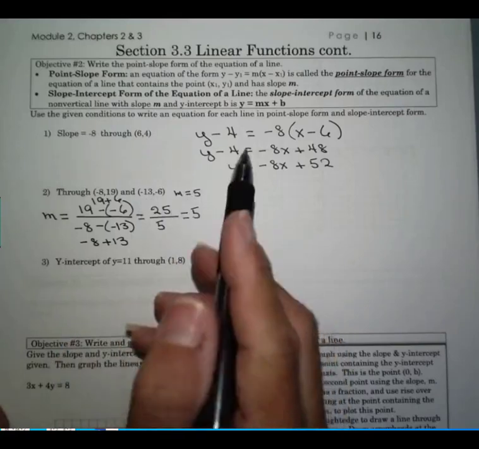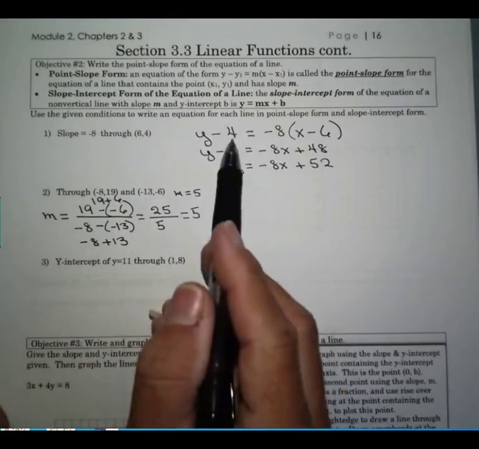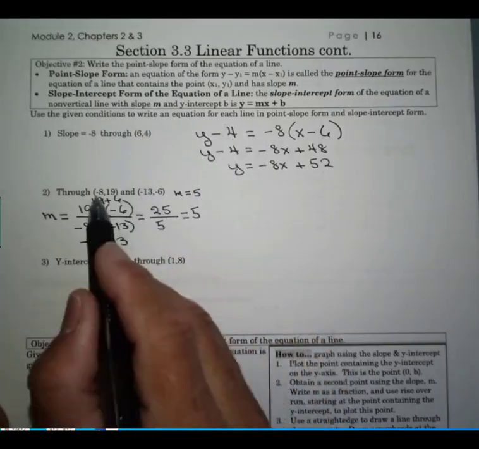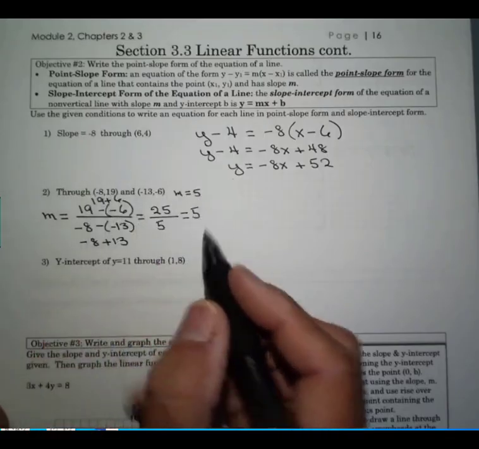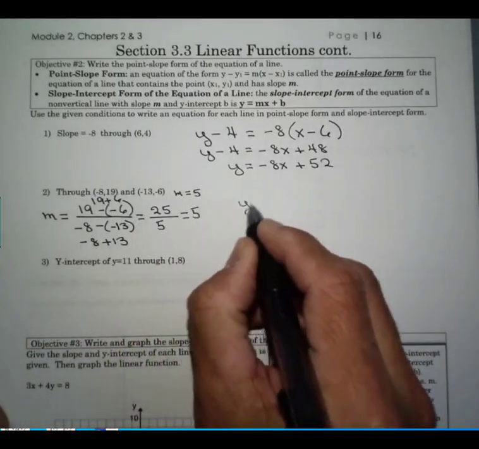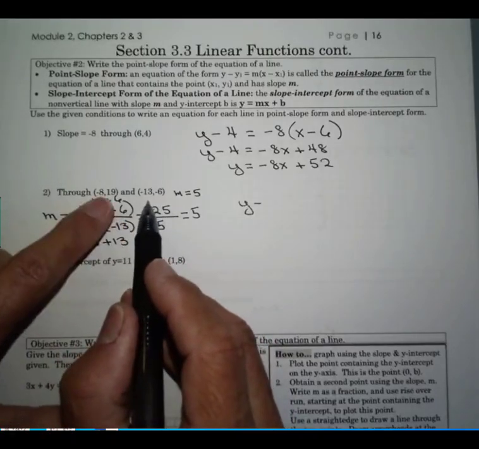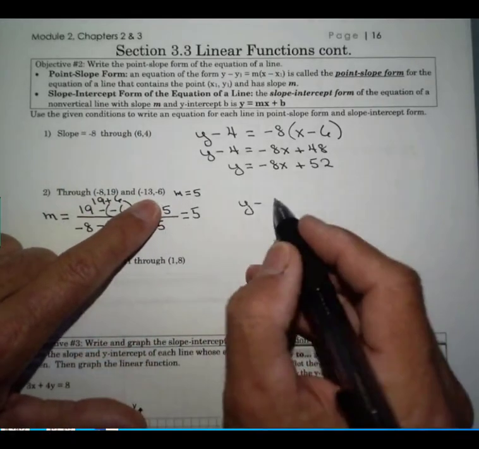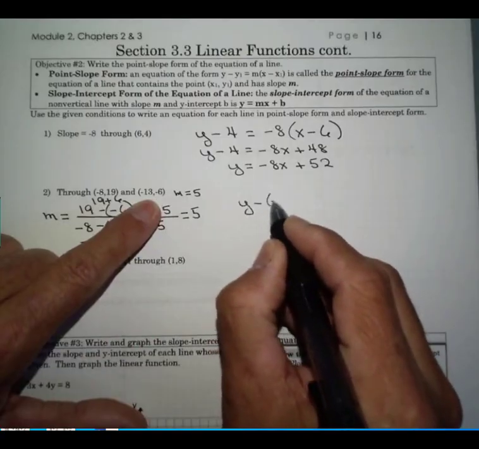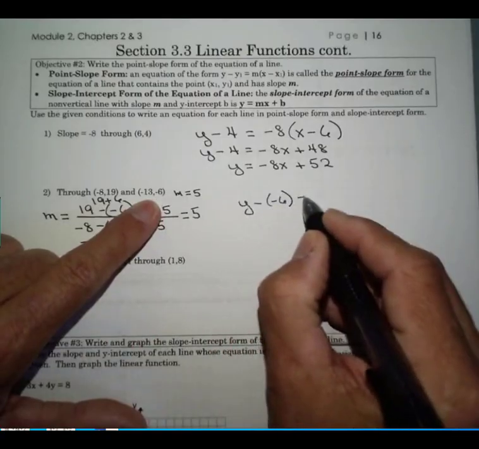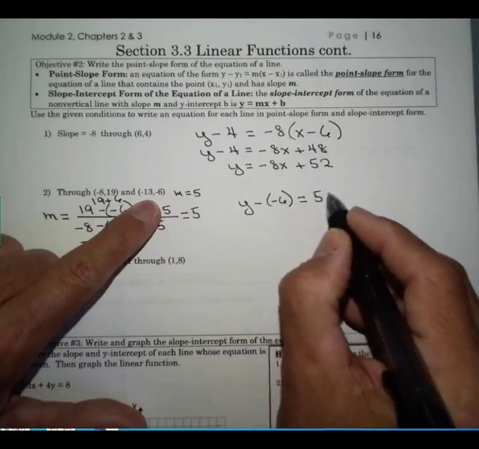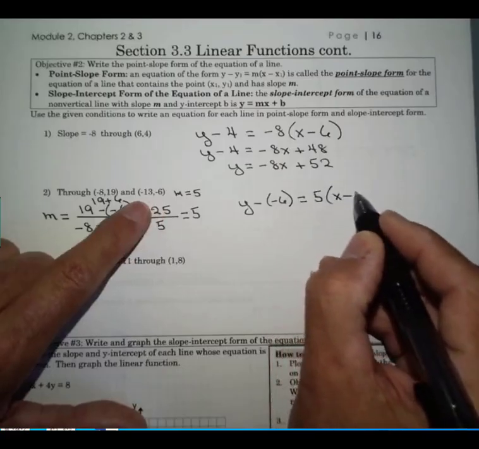And I can use my point slope form now with either of these points, doesn't matter which one, and I'll use my slope of 5. So I'll say y minus, and which point do I want to use? Well, maybe the 19 is scaring me and I want to go with this one. So the y coordinate is -6, and that's going to equal my slope of 5 times x minus the x